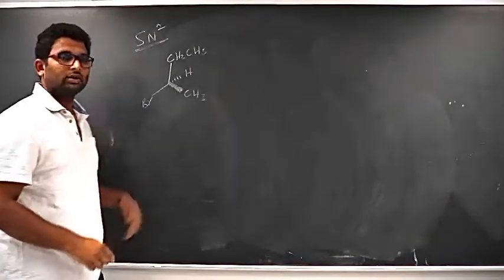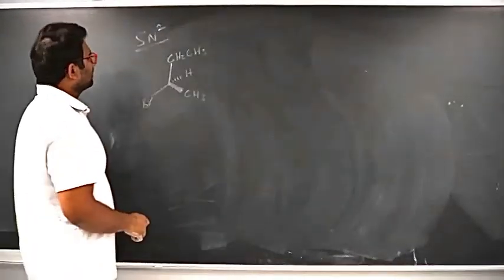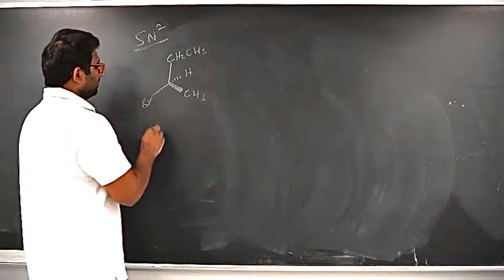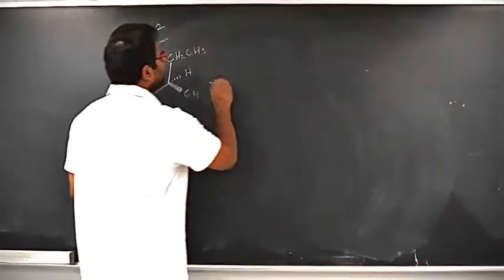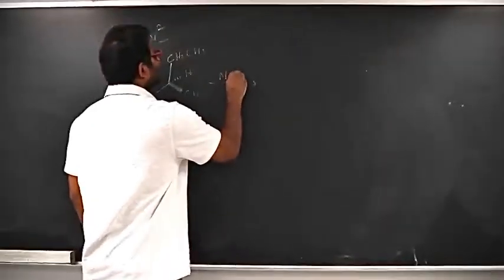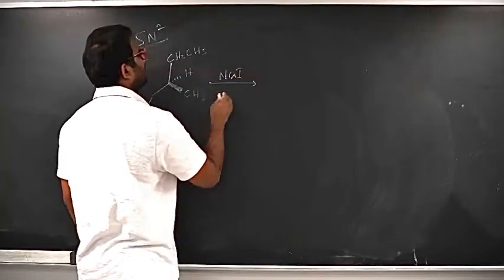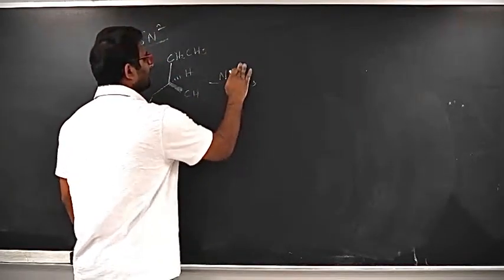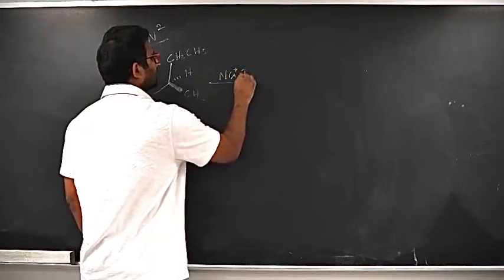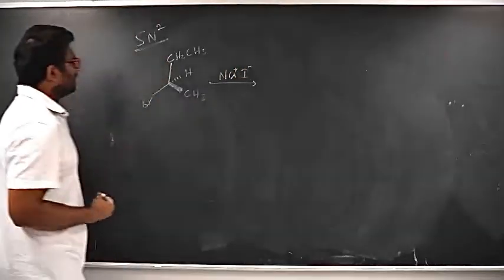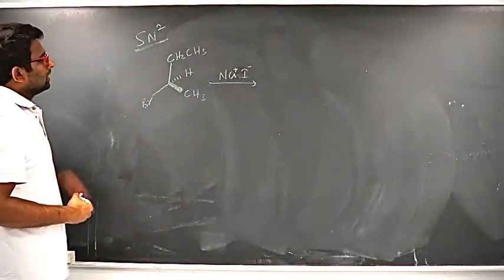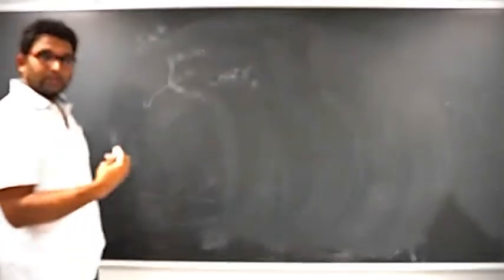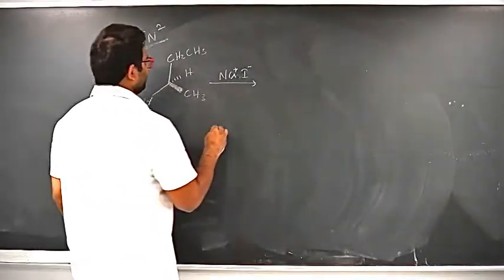So I have a molecule here. It's a secondary alkyl halide reacting with NaI. From NaI, as I said, it exists as Na plus and I minus. Now, if we draw the transition state here,